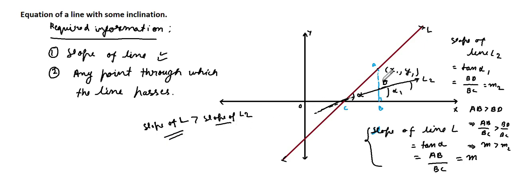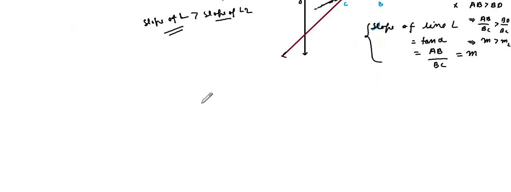Now let us take any point x1. By definition, when we represent the slope of the equation of such lines, it is defined as